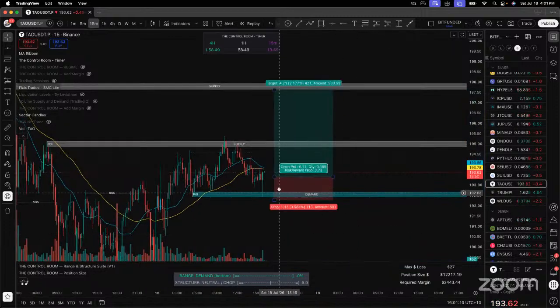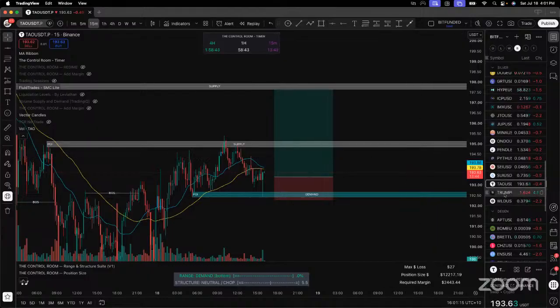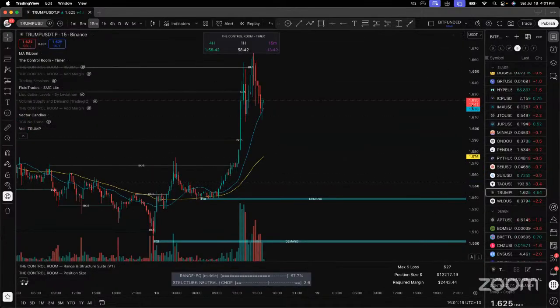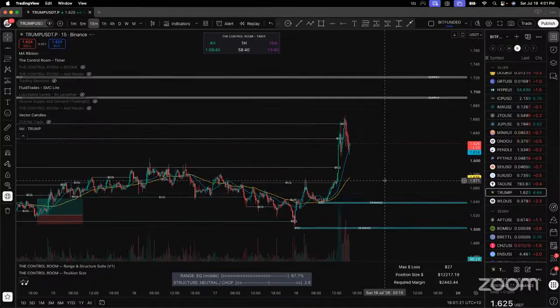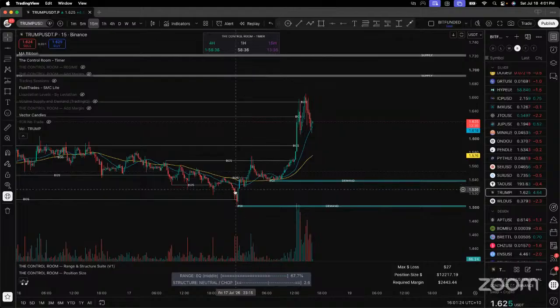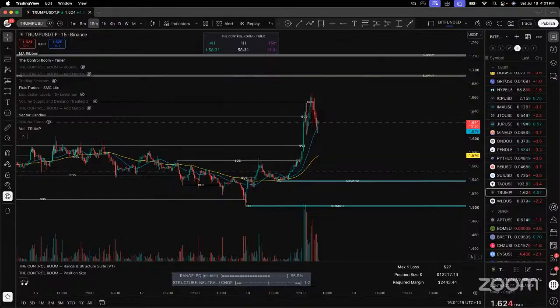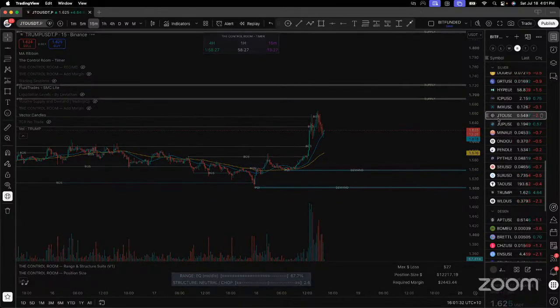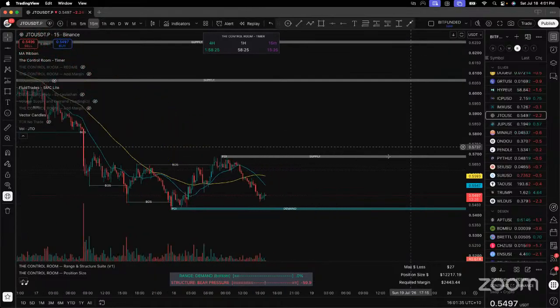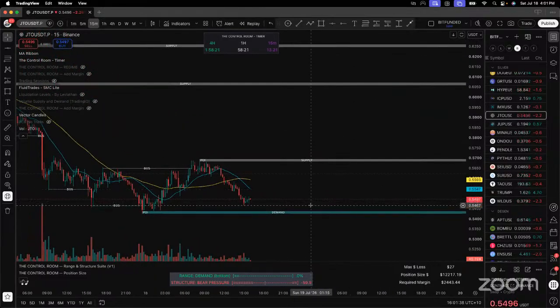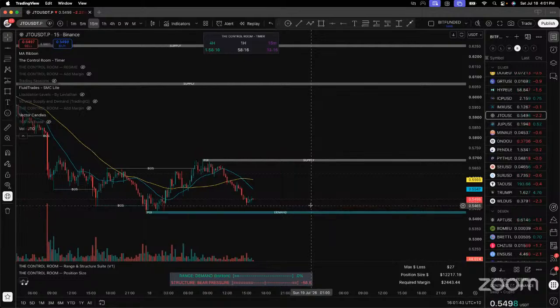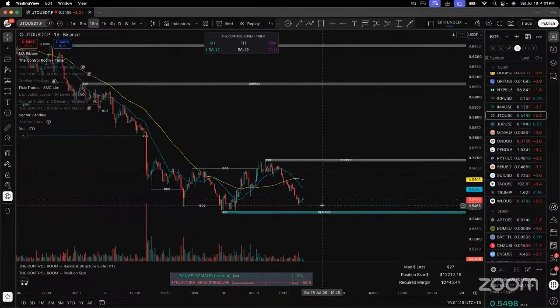There we go. Come on, get that back to first. Come on. What's Uncle Donald's going on? Looks like it's ripping. Yep. Look at that. Market open. See ya. Off she goes. Weekend pump for Uncle Donald. JTO. Wee. It's not my weekend trade. That's not my weekend trade. We'll leave that alone.